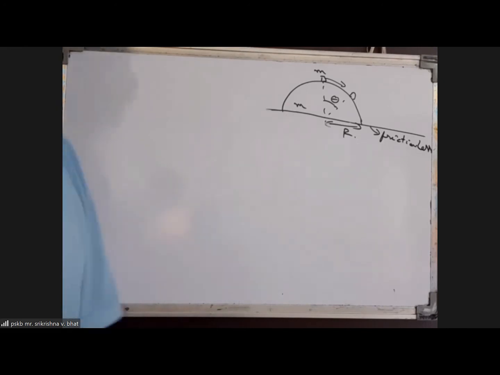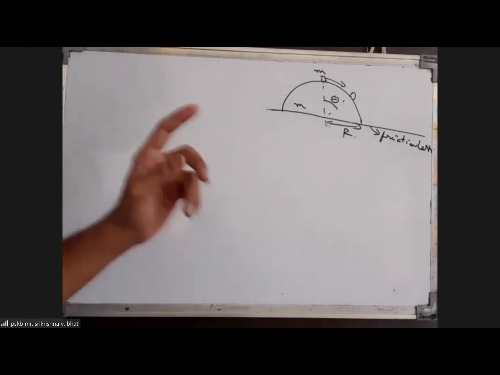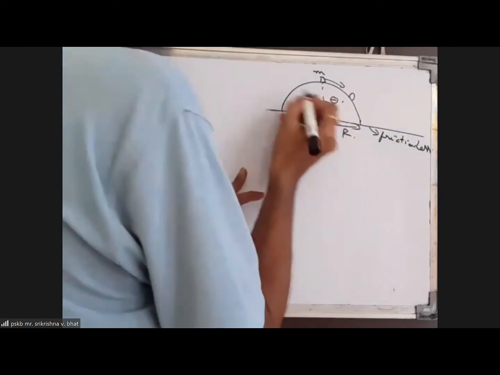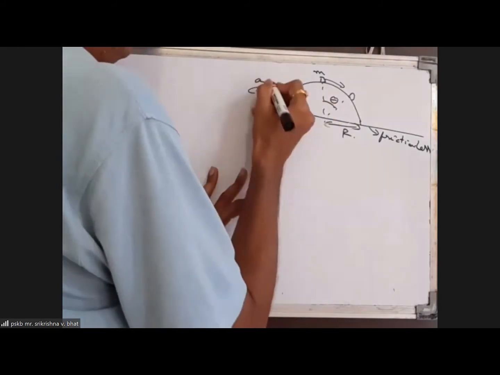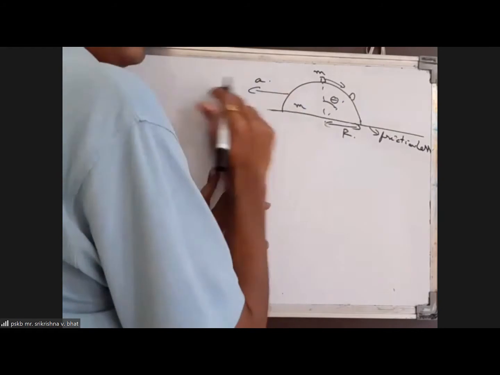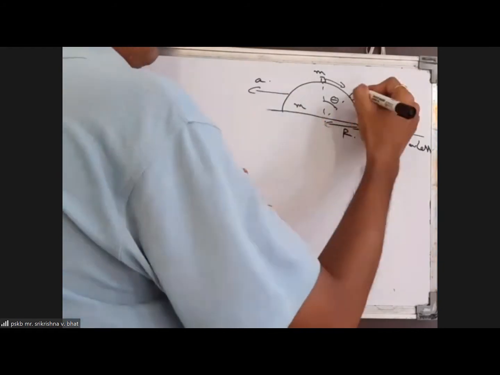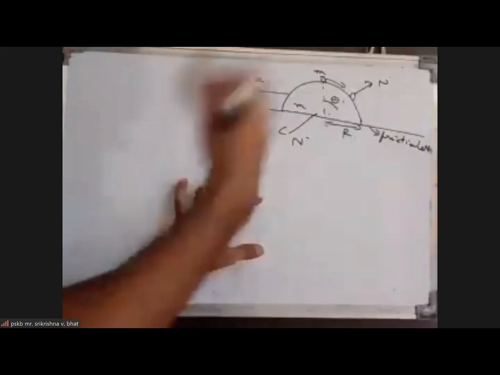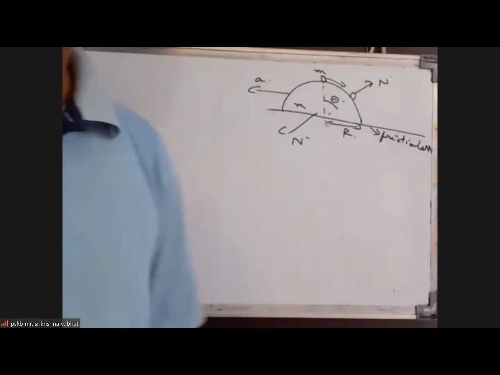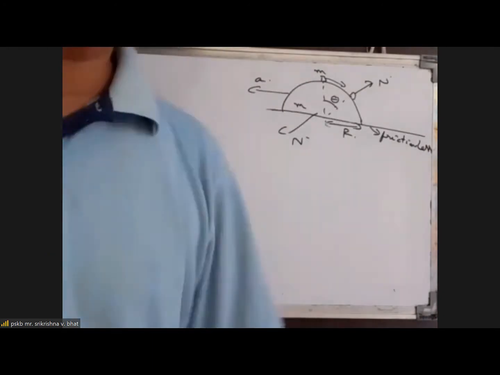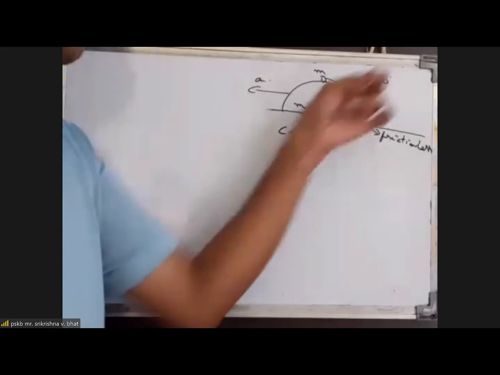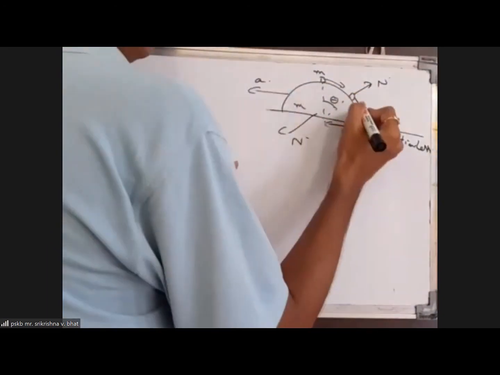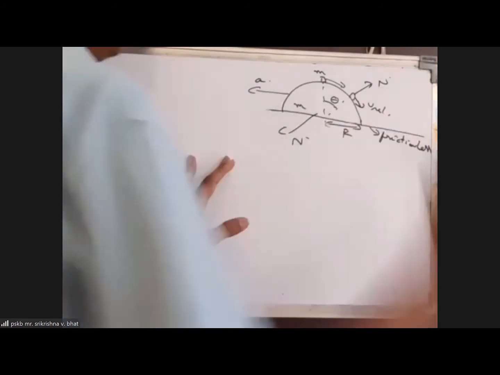Okay, so what we can consider here is that at some general instant of time, suppose this has an acceleration a, and this has an acceleration a this way, and the normal force on the particle acts this way, and on the hemisphere this way. I'm talking about a general situation where contact has not been lost, where there is some normal contact force. And this mass will have some velocity relative to the hemisphere, something like v.